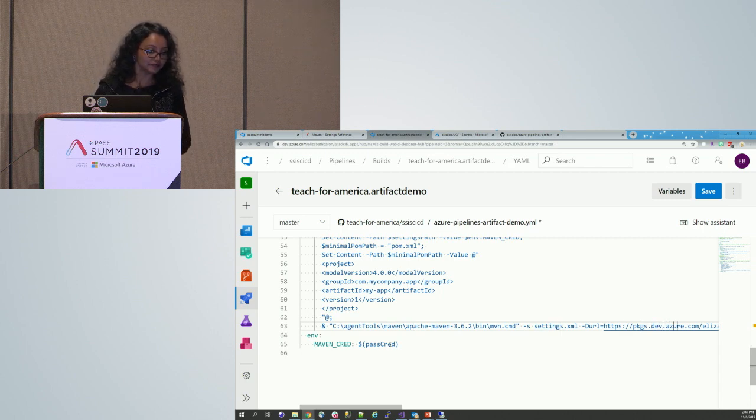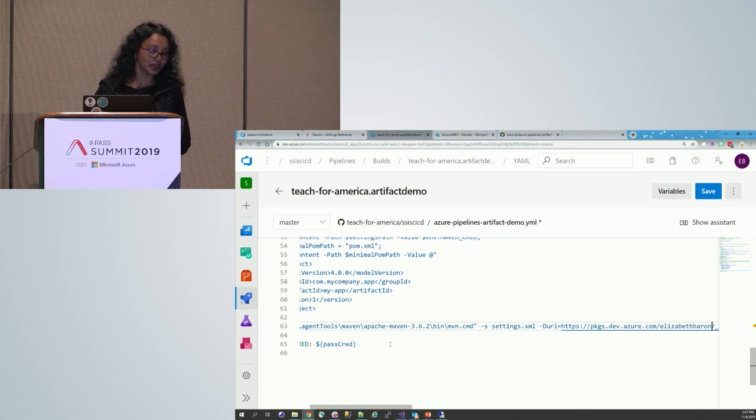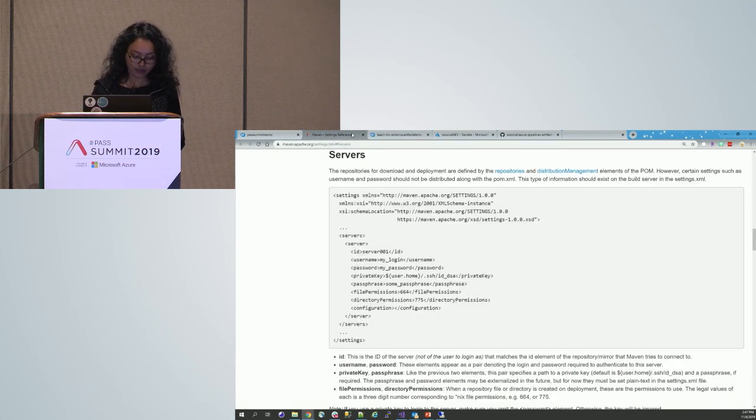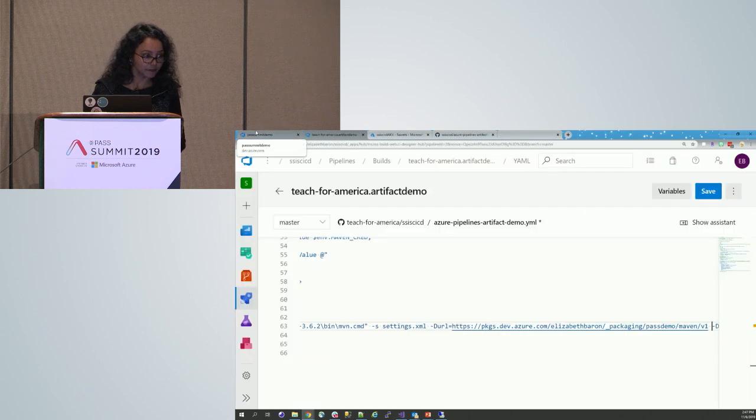And here I have to give the right URL of the artifact feed. So for that, I'm going back to this window which I haven't closed again. I don't need this anymore.